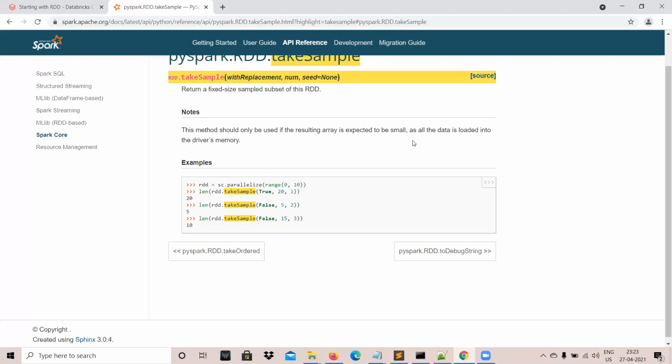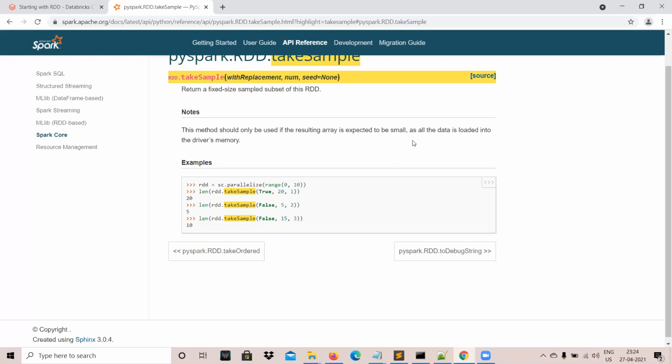Most of the time, when you work closely with the data science team, they will ask you for this kind of information. They will say, "Boss, this data is really huge. I can't build any machine learning model on it because I'm using Python scikit-learn, which is standalone. So can you give me a sample of 1 million or 10 million records?" So you can do that. You can call takeSample with 10 million, get the data, write it as a CSV file, and share that data with them, and they can start their analysis. That's the whole reason we use the takeSample function.